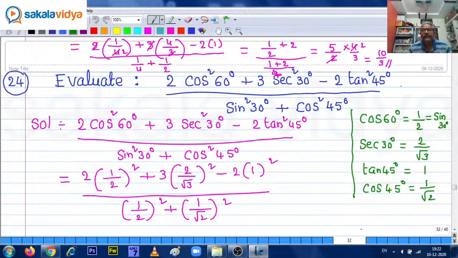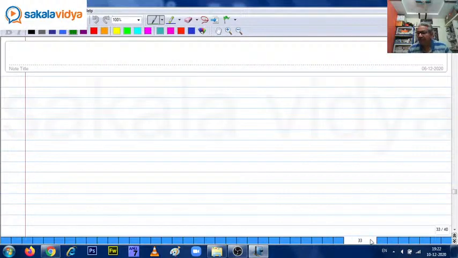So today we are going to discuss the remaining problems of this set, trigonometry. Next, problem number 25. Evaluate